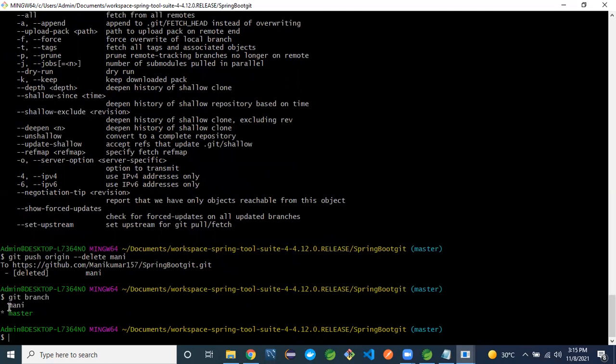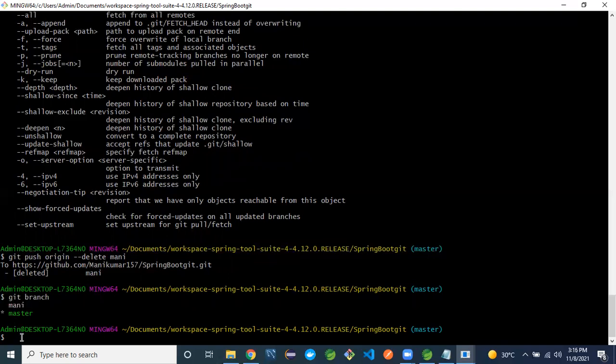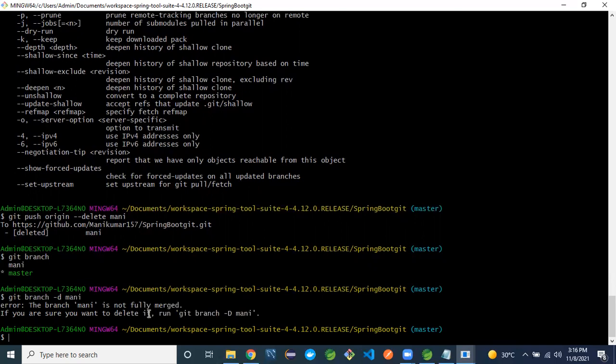Here you can remove the money branch. How to remove it locally? Git branch -d means delete money. See the error: branch money is not fully merged.